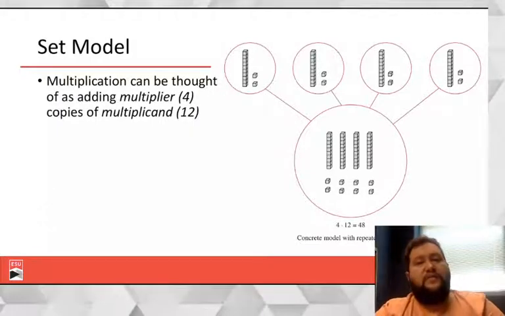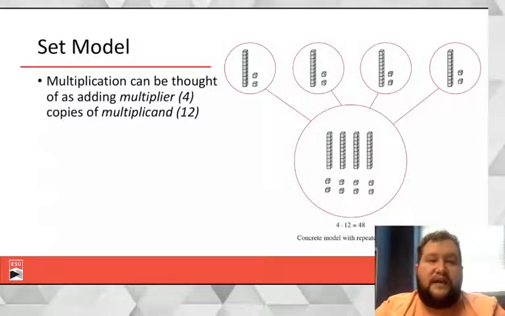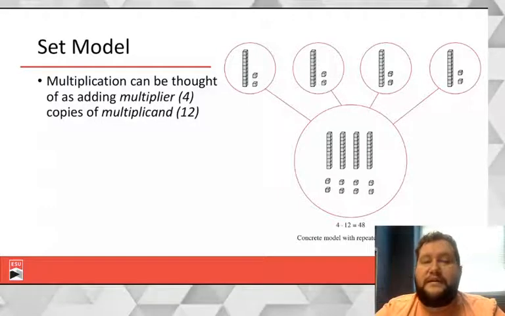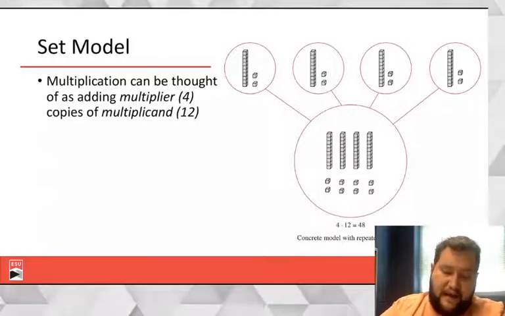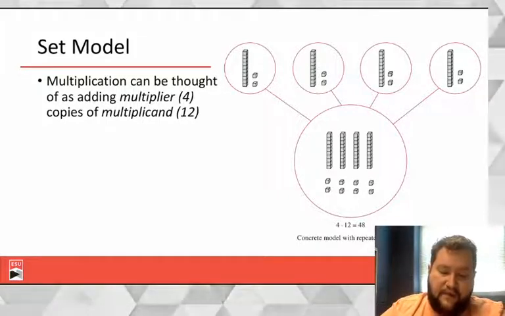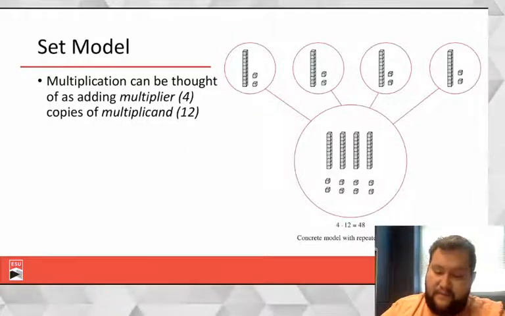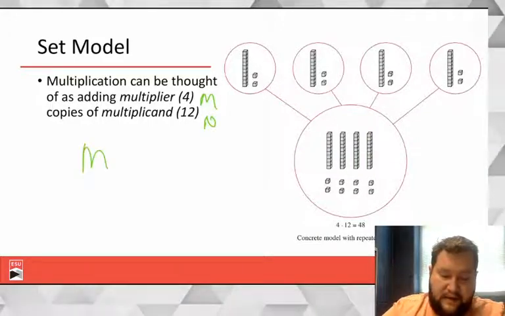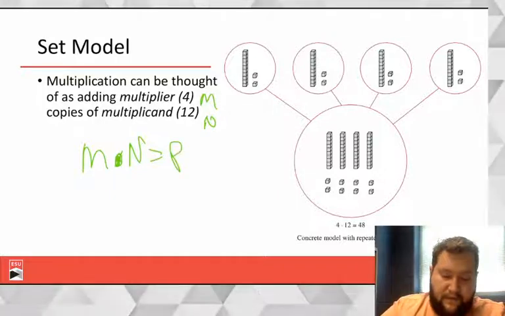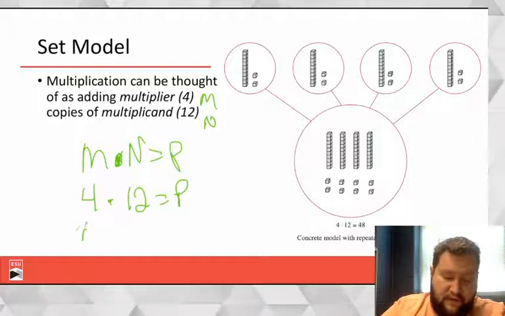So set model multiplication can be thought of as adding the multiplier copies of the multiplicand. And now let's jump back a couple slides. So it says 4 copies of 12. So that means multiply m times n. So if m times n equals p, we have 4 times 12 equals p, which means we have 4 groups